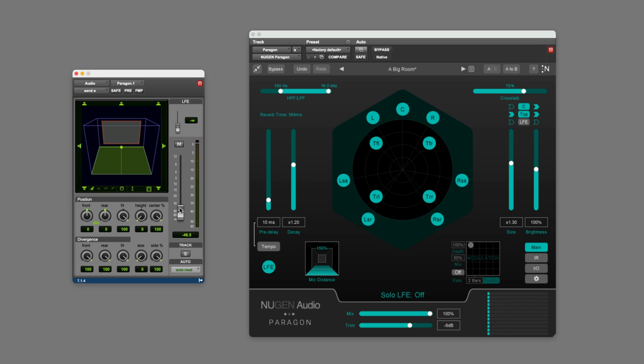This is some dry dialogue which I've recorded in an acoustically treated space. Using Nugen Paragon, we can not only add a nice sounding reverb, but also adjust the parameters. Paragon resynthesizes the impulse response to give a complex reverb field with the adjustability of an algorithmic reverb and no